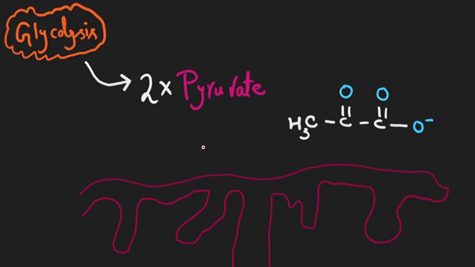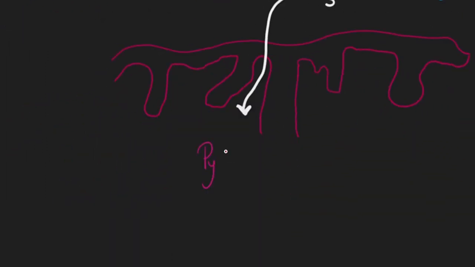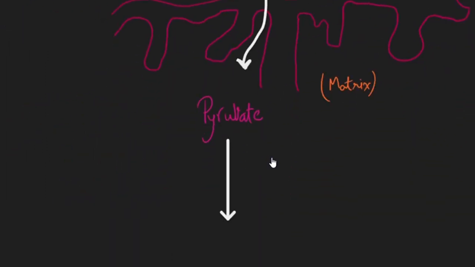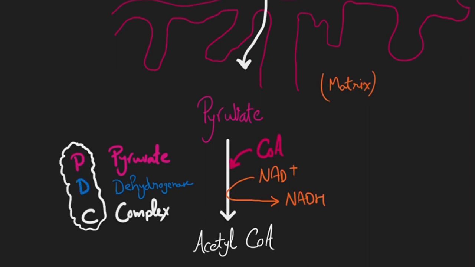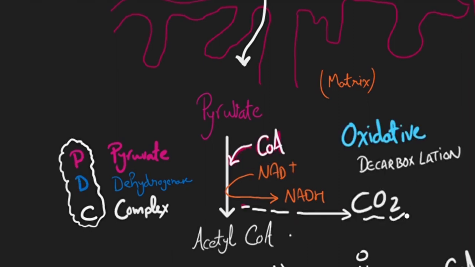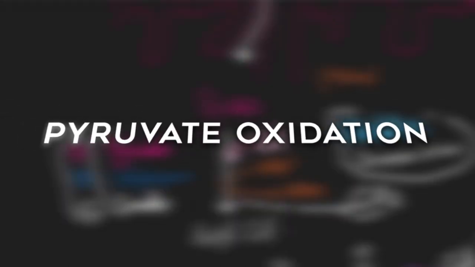The pyruvate formed during glycolysis enters the mitochondrial matrix and gets converted into acetyl coenzyme A by the addition of coenzyme A in the presence of an enzyme called pyruvate dehydrogenase complex, or PDC, accompanied by the removal of hydrogen as NADH, and CO2 is removed also. Thus, this reaction is more accurately termed oxidative decarboxylation, but vaguely it is studied as pyruvate oxidation, a step prior